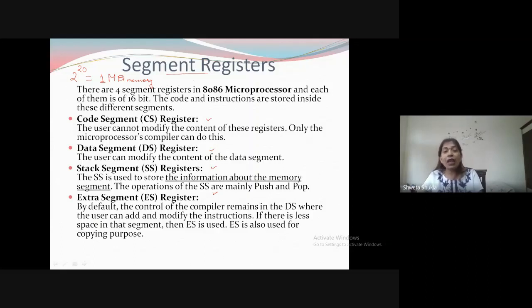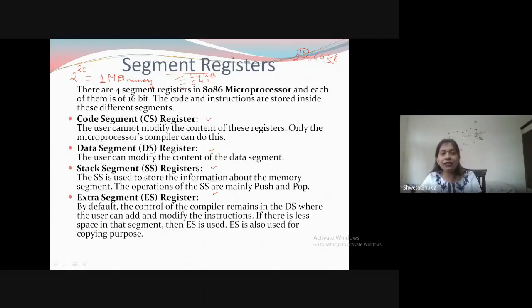So what we have done here is divide this 1 MB memory into 4 parts.